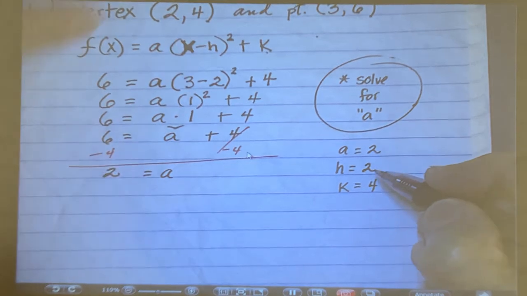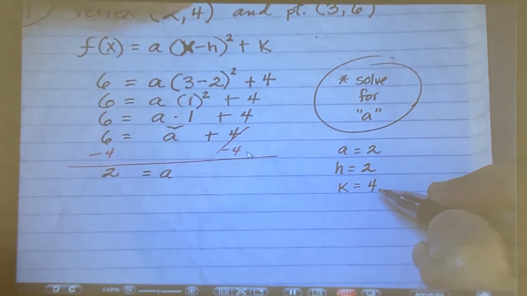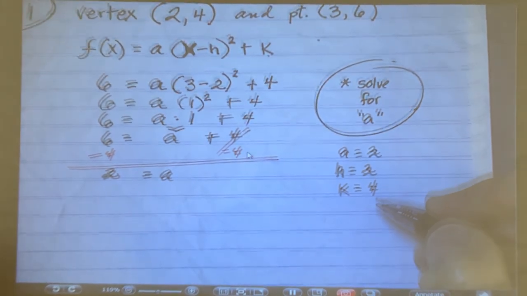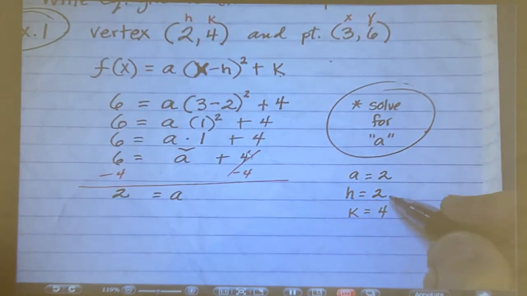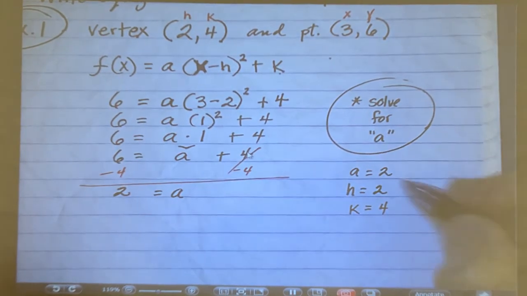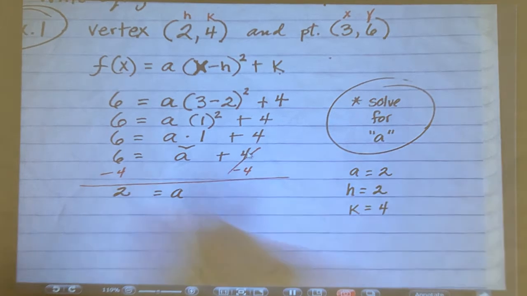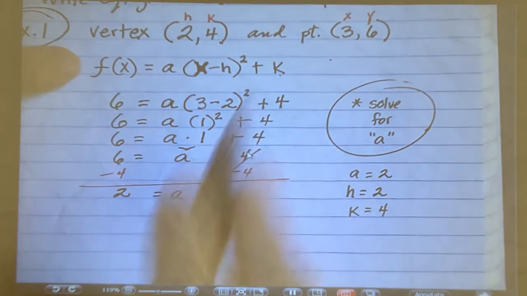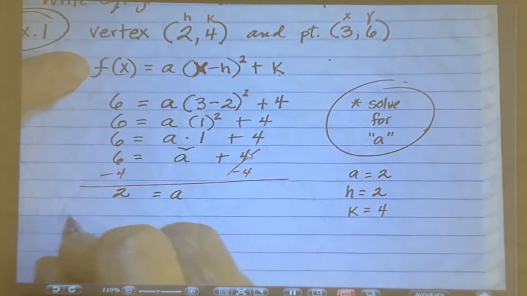And then up here at the beginning, I gave you the h and the k value when I specified and told you that this was the vertex. Then I gave you the h and the k value. So now we're just going to drop these 3 values into that parent formula. So I'm going to leave it f of x